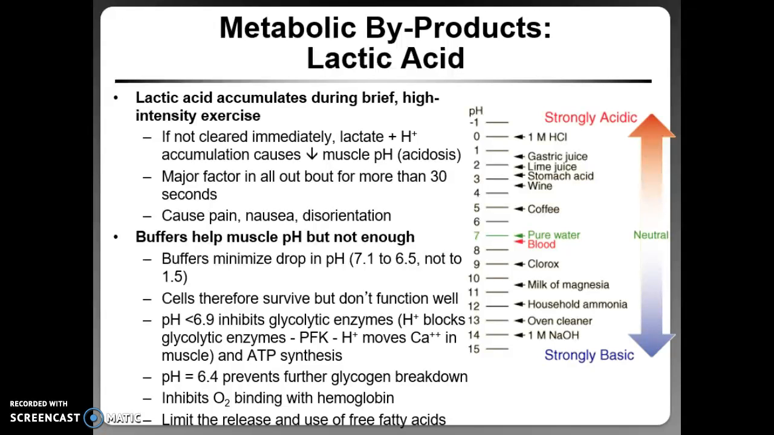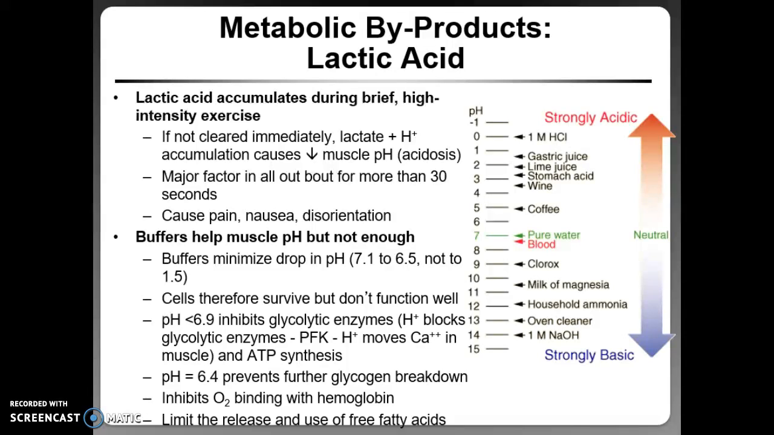So if our pH does get less than 6.9, it inhibits glycolytic enzymes, meaning the breaking down of glycogen to glucose to then create pyruvate, go to acetyl-CoA, so on and so forth, starts to be inhibited. So PFK can get inhibited. Hydrogen moves calcium into the muscle, and then we'll also see inhibition of ATP synthesis. So for pH, if it equals 6.4,